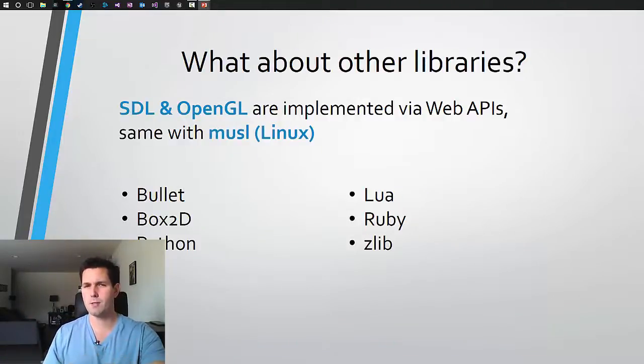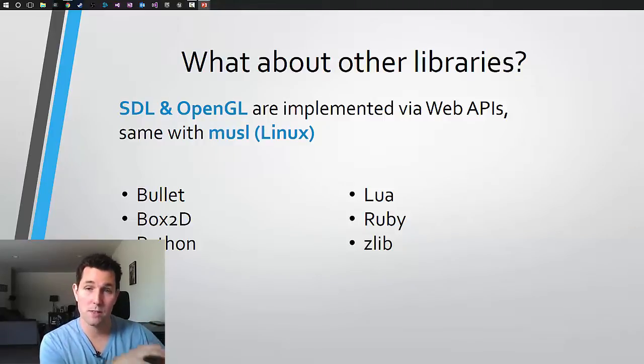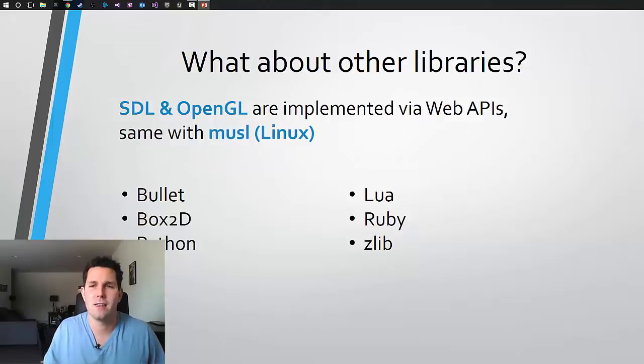So what about other libraries, right? I mentioned there were some of those low-level C++ libraries, but what about ones that I want to use every day? Things like physics or graphics or scripting. Perfectly fine, it's available. So things like SDL, that's Simple DirectMedia Layer, and OpenGL